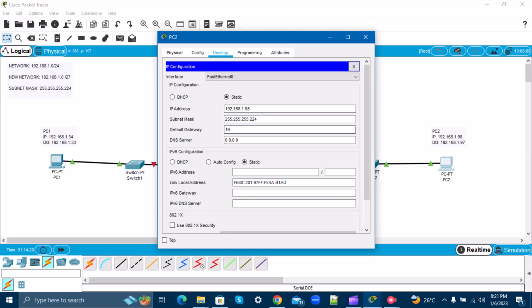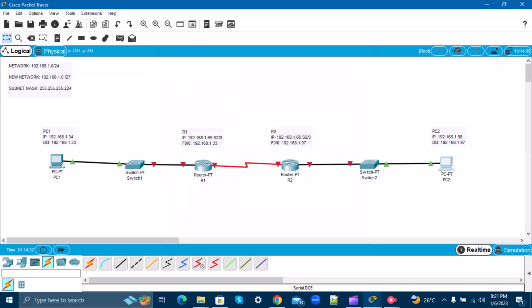Our default gateway is going to be 192.168.1.97. Okay, great. So now that we have those set there,